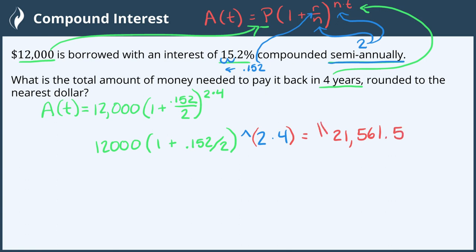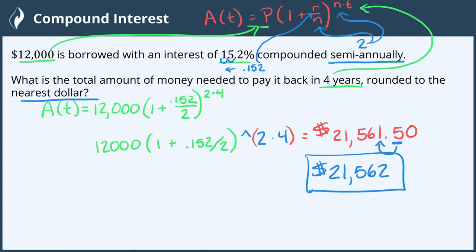21,561.5. Now we're dealing with money, so we'll add on our label of money, and the 5, we can put a 0 to make it 50 cents. However, we were asked to round this to the nearest dollar, and so this 5 rounds our 1, which is the dollar, up to a 2, so this rounds to